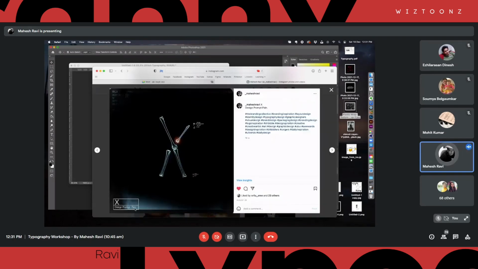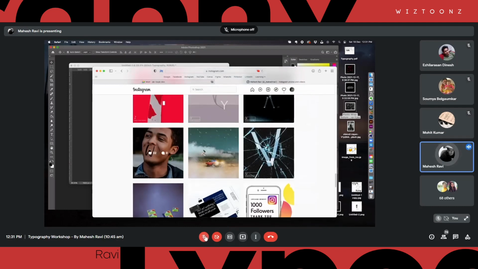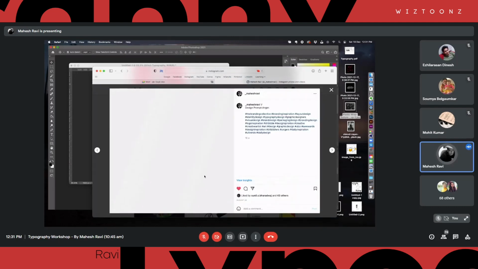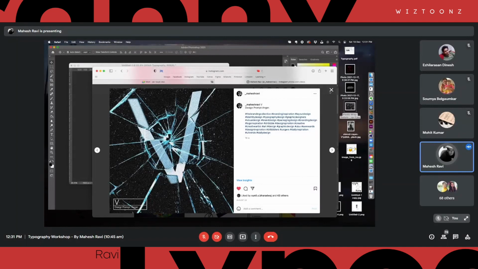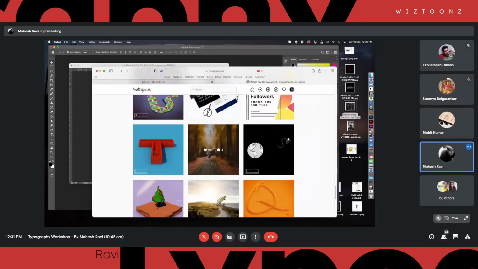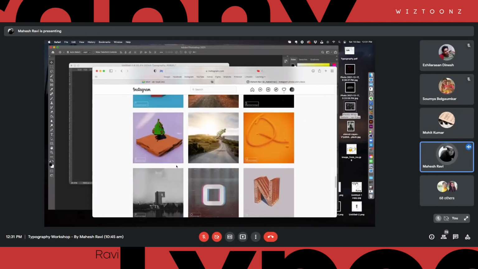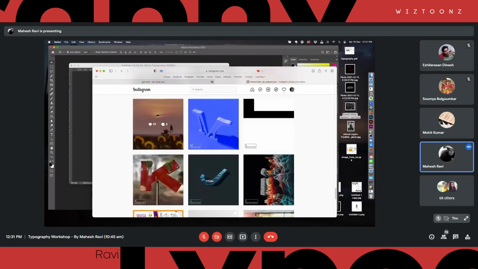So the design prompt was pain and the text was X. So I sort of created a bone. Now, this is completely created with actual bone X-ray parts, right? So I placed it around, which actually resembles a bone. And it's broken, so there is pain, right? So we can see a lot of examples like this is the broken thing that I was talking about. Again, displacement map, the one that we have done. 3D typography is something that we will talk about in a bit.